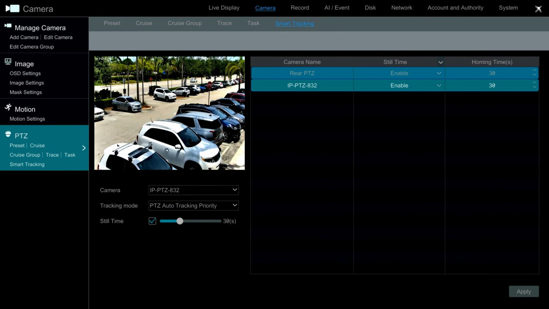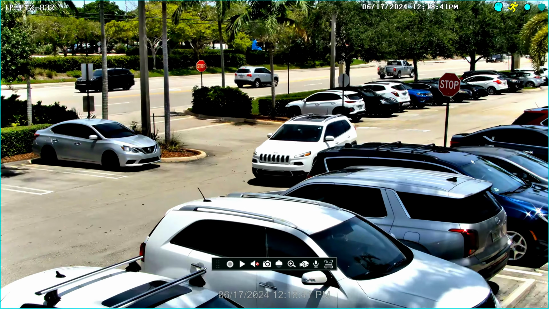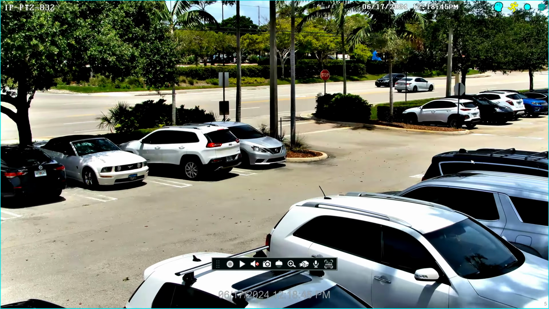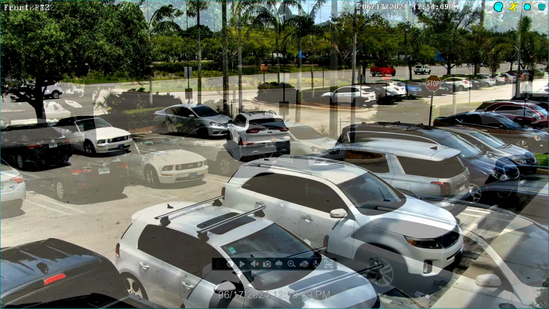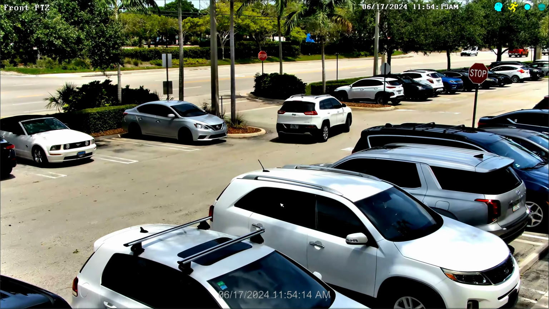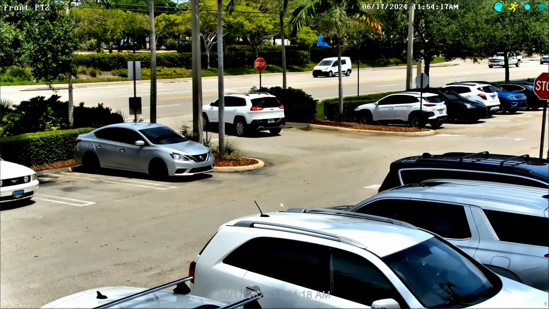So then I'm going to go back to the live view of the PTZ, and you can see it's already tracking this SUV that just came into our plaza, and that SUV just stays still there for a while. So I'll switch to when that SUV was leaving, and it enters the detection zone again, and the PTZ begins auto tracking it as it's exiting the plaza.